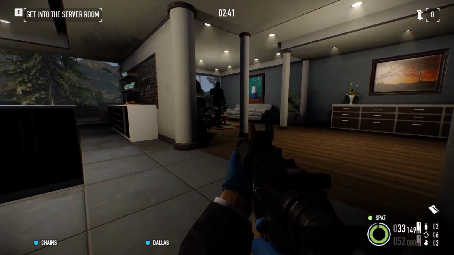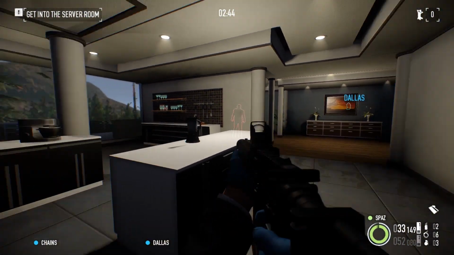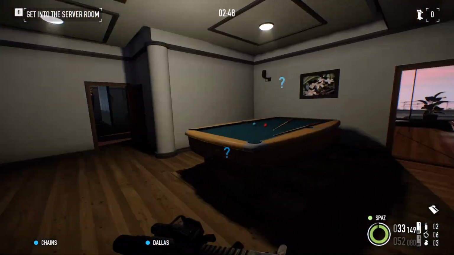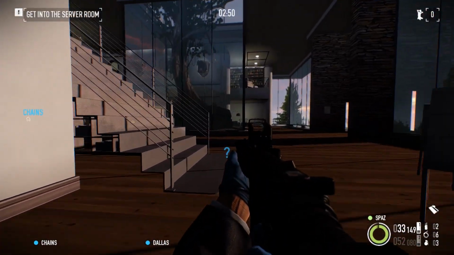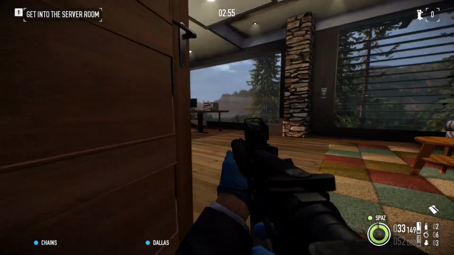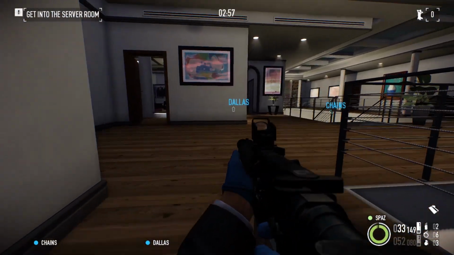Sometimes it will be upstairs. What we got going on in here? Is that a fixed AI? Sometimes there will be fixed AI on this map. What I mean by that, they don't move. They just sit in one spot the entire round. Where are...